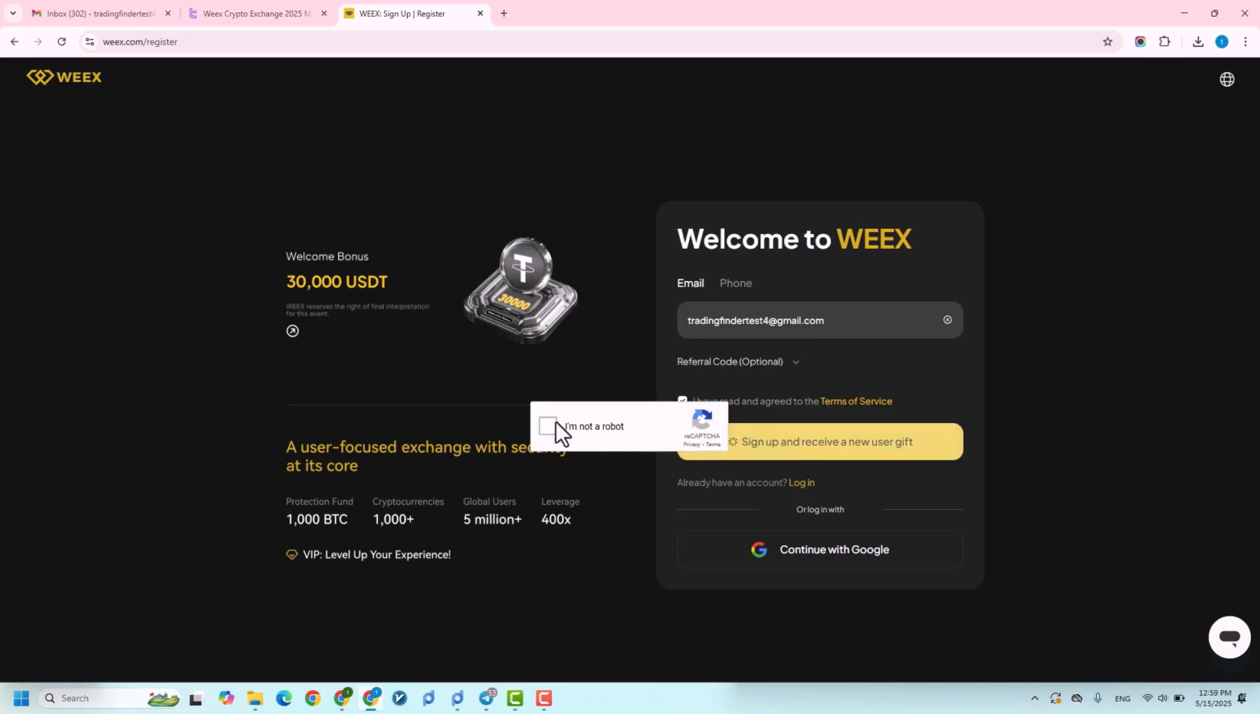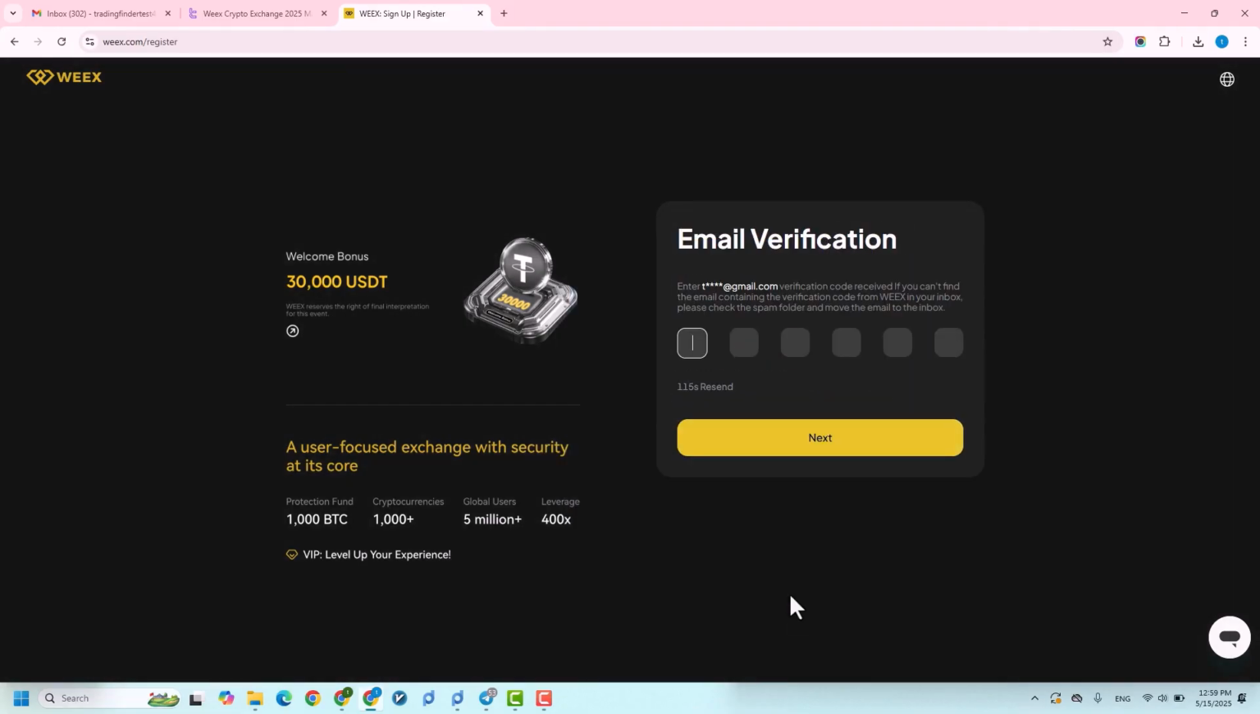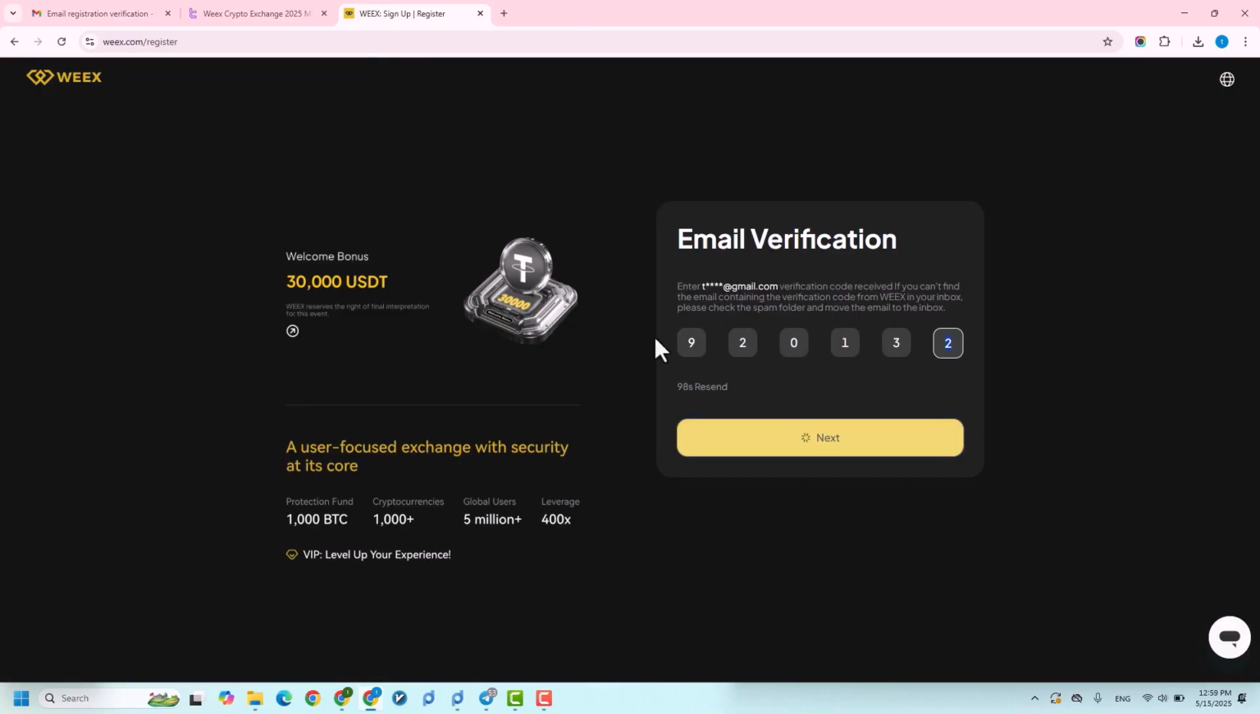At this stage, you need to activate the I'm Not a Robot option, and a code will be sent to your registered email address for email verification. Open the inbox of your registered email address, copy the code from there, paste it in this section and click